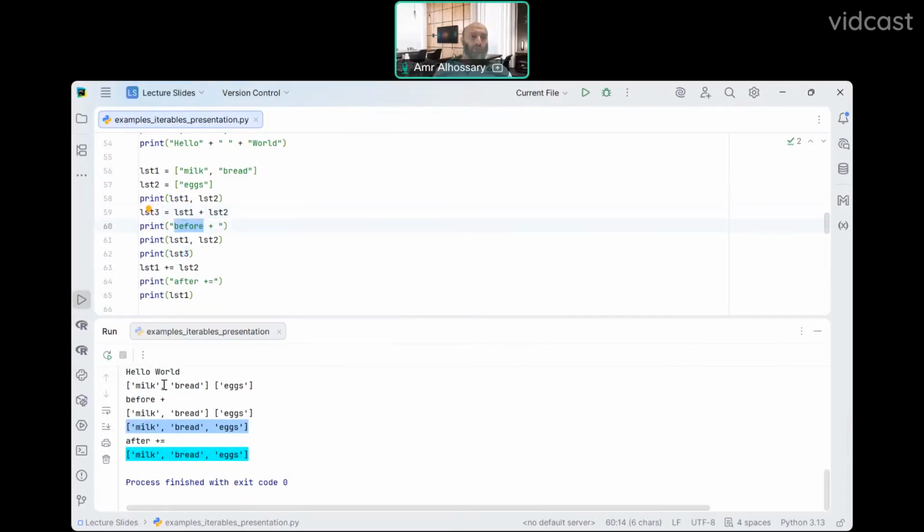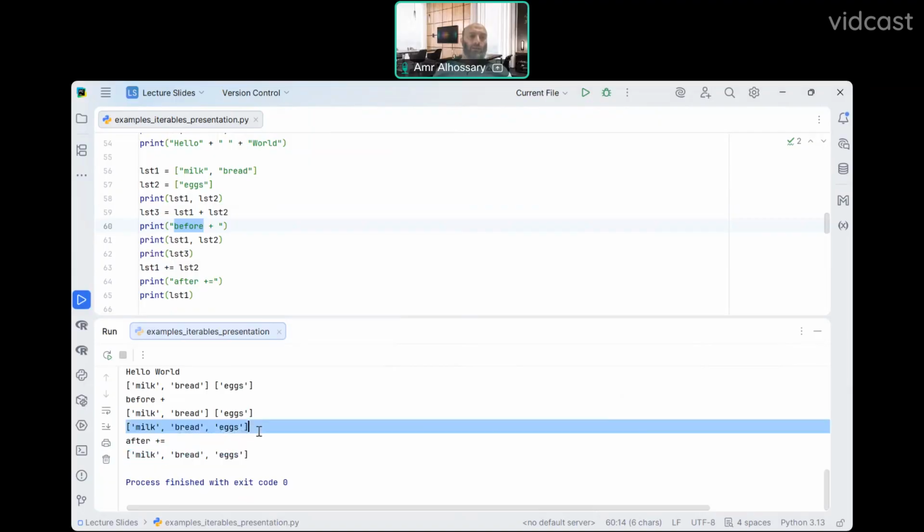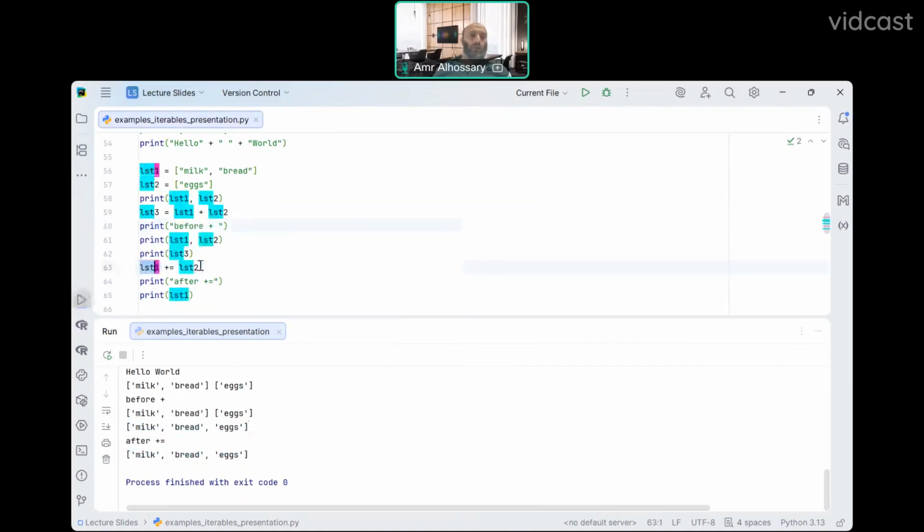Here, these two, lst1, lst2, separated with space, and then lst both of them, and then lst1 plus equal lst2, plus equal,